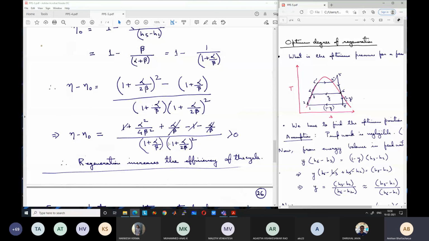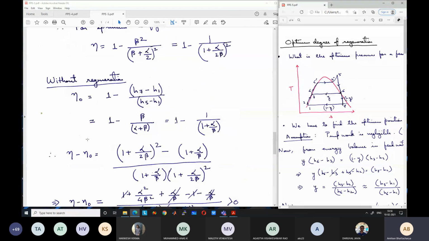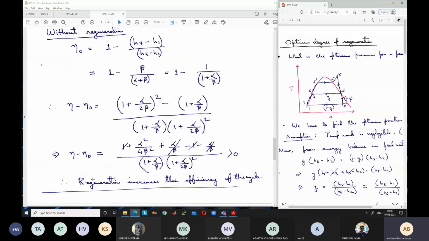We know that the optimum point is for the maximum efficiency, because if it were for the minimum efficiency, then another configuration would have given more efficiency. If the feed water pressure were equal to the condenser pressure, it means that there is no feed water heater, so that efficiency would have been higher. But because we find that efficiency is lower, we can say that at the optimum point, the efficiency is the highest efficiency.